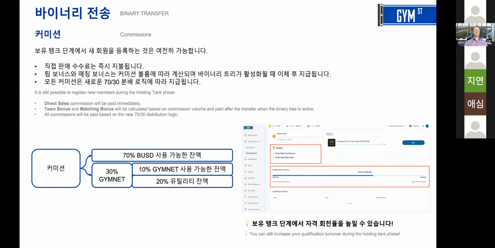Now, for the active affiliates among you, you will be very excited to hear that you can